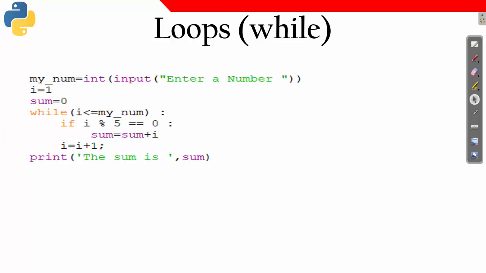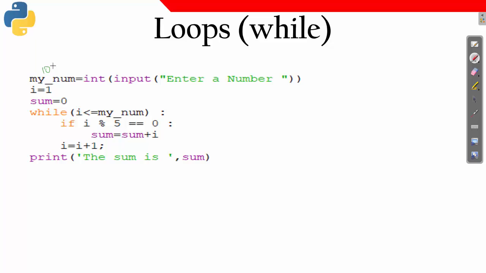So here is one program. Now by reading the program, can you tell me what will be the output? No, you cannot tell, because I need to read the value. So what this program will do here is, I'll be reading a number. Let us say the read number is 100.